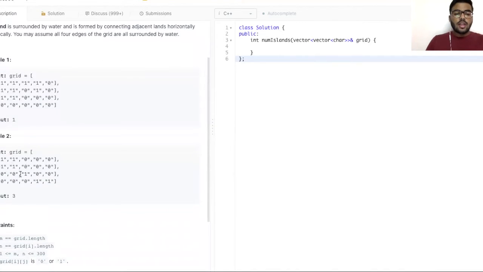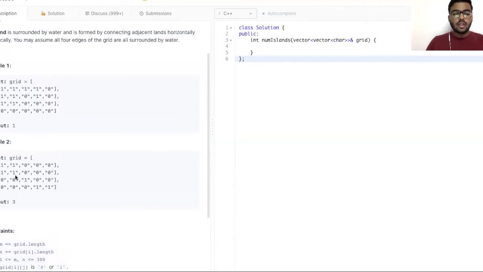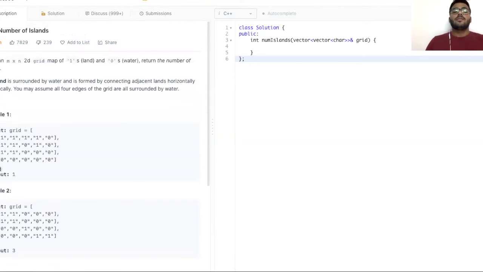Similarly, when there's an island that is separate, it won't be counted in that entity, it would be counted as a separate entity, and we have to increase the count of the islands. So you just have to find if there's a 1 or a 0 vertically or horizontally.